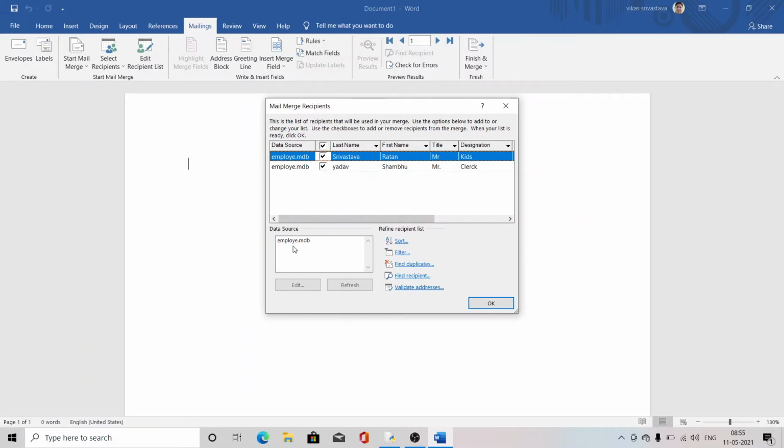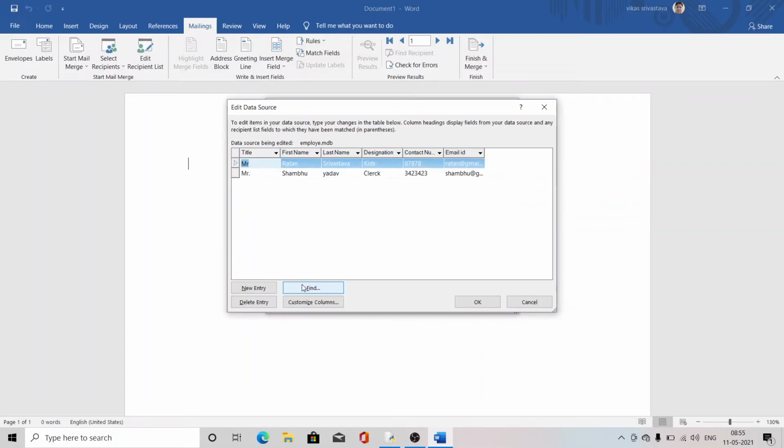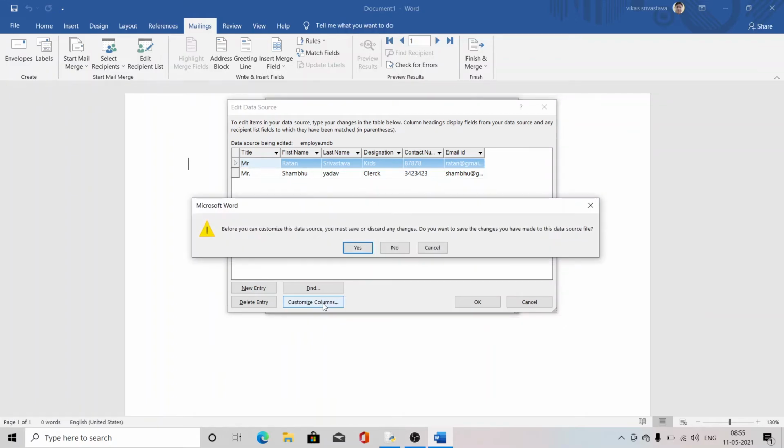If you want to edit again, click on this and click on Edit. Now you will get options. If you want to add some more columns, you can do Customize Columns. If you want to remove any columns, you have to again select Customize Columns. Clear?